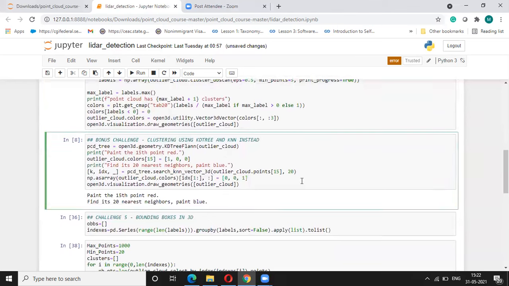The second thing is using the KD tree and K nearest neighbor method, which operates on centroid principles. Here we decide how many clusters there will be inside our data, then we assign those cluster points. Then from that cluster point we check whether the points are within a particular distance or not.